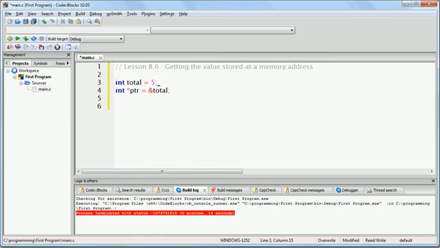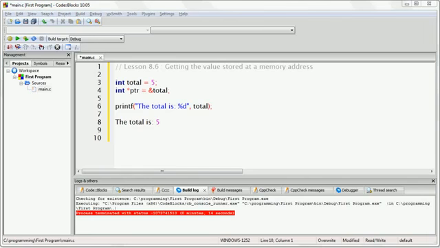Secondly, we are creating a pointer called PTR and giving that pointer a value of the memory address of the variable total. Because the value of total is 5, if we were to run this command, this function, the output would be